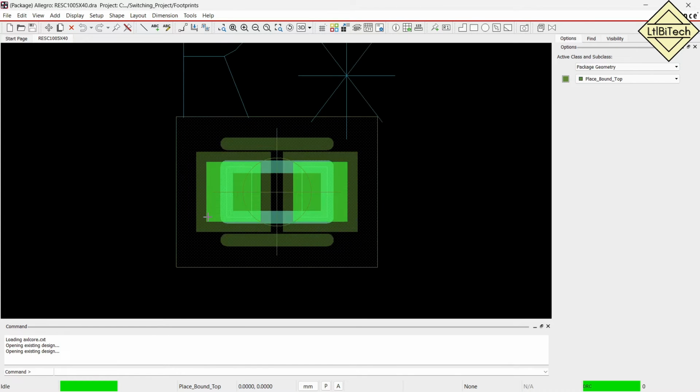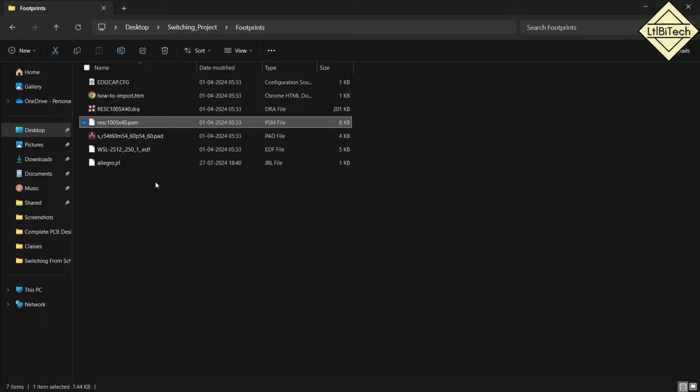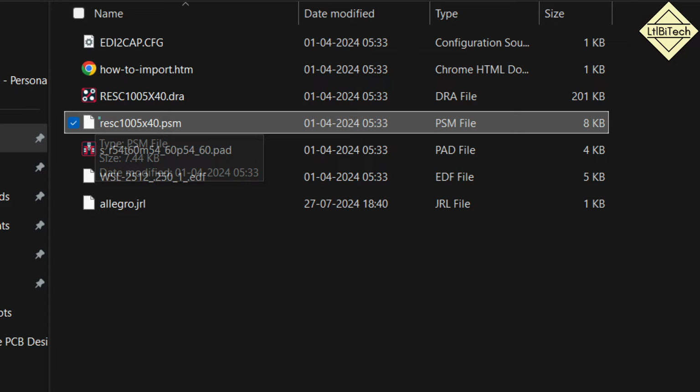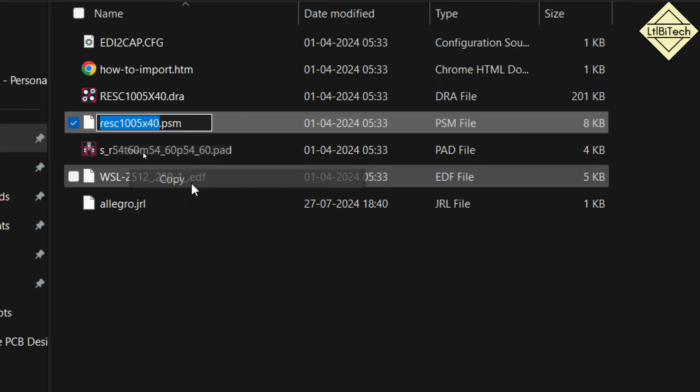Now you can see this particular design is your footprint. If you want any changes, you can do it here. If you want to write anything like silk screen, or draw any special thing, you can edit it. If you don't want to, you can just leave it as it is. So this is the footprint for that particular symbol. Now we will update the footprint into the schematic. To update it, we need to copy the PSM name, this RESC 1005 into 40. We need to copy the name till here. I'll click on this, Control C, or right click and copy this,